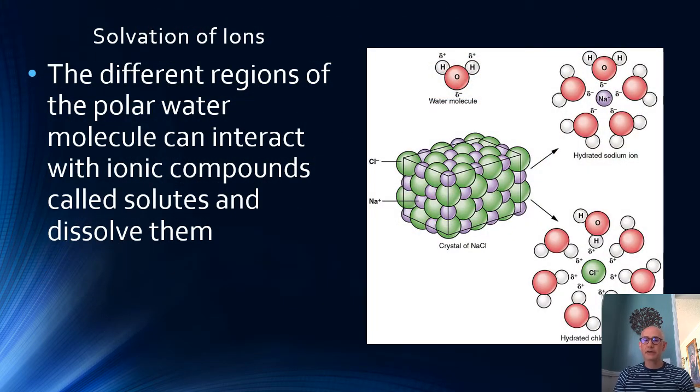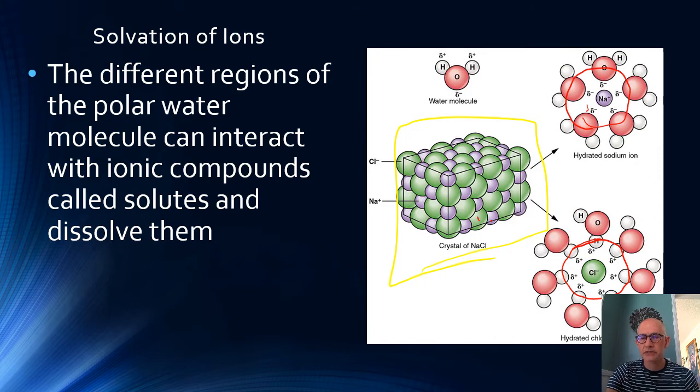When things are dissolving, we see that here is your big crystal, and you have the individual ions. And what happens is, with sodium chloride, the negative chlorine is surrounded by the positive hydrogens, and the positive sodiums are surrounded by the negative oxygen. So these are called hydration shells,